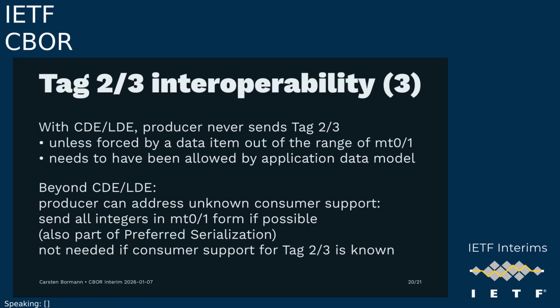So the computer. Again, with deterministic encoding, either the common one or the legacy one, the producer never sends tag 2 and 3 unless forced by a data item that is out of range for major type 01. So in deterministic encoding, we don't even have the problem. If the application data model allowed larger integers and somehow was not really intending to do that, that would be a bug. So yes, there is a little bit of onus here on the protocol developer, but the protocol developer